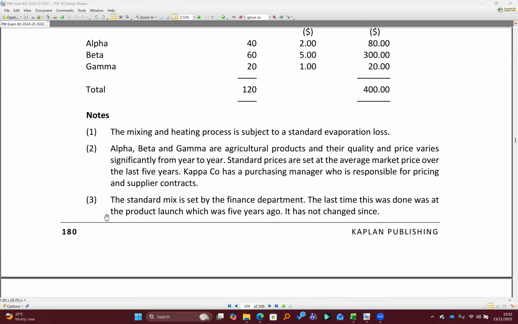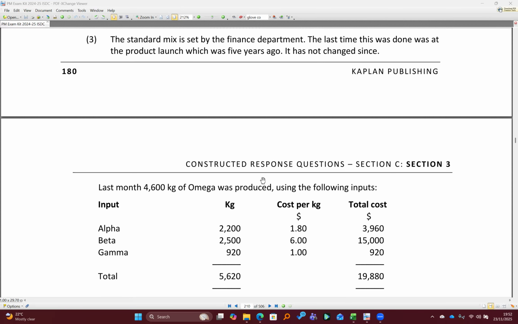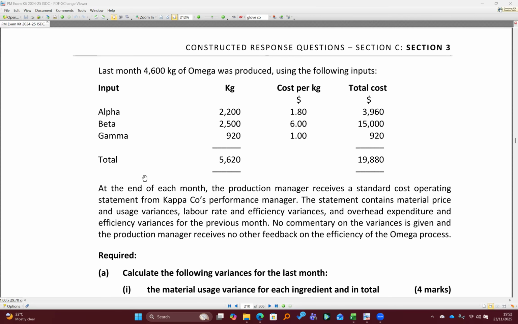They're saying that the standard mix is set by the finance department. The last time this was done was at the product launch, which was 5 years ago, and it has not changed since. So that's another problem. And then last month, we had 4,600 kilograms of omega produced. And this is what they used. At the end of each month, the production manager receives a standard cost operating statement from Kappa. The statement contains material price and usage variances, labor rate and efficiency variances, and overhead expenditure and efficiency variances. No commentary on the variances is given, and the production manager receives no other feedback on the efficiency of the omega process. So this is what they are really asking us to discuss in the second part,